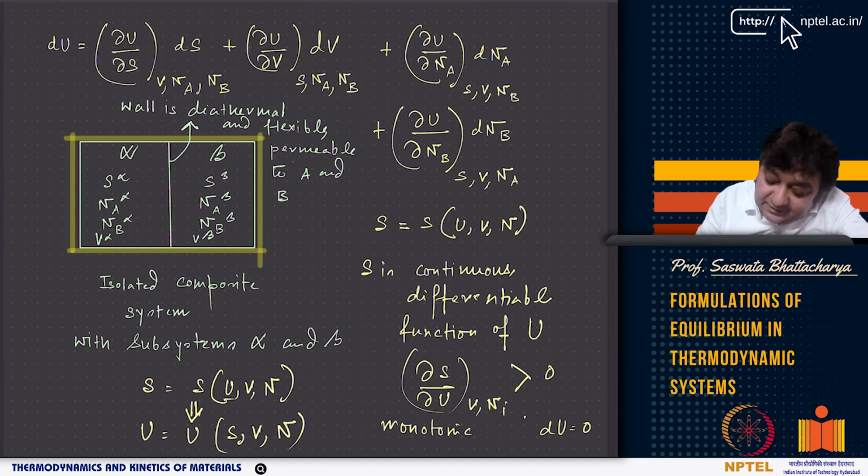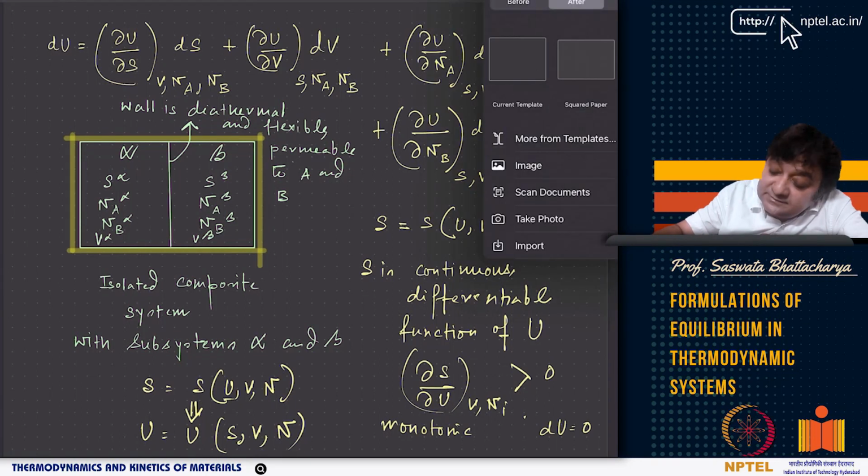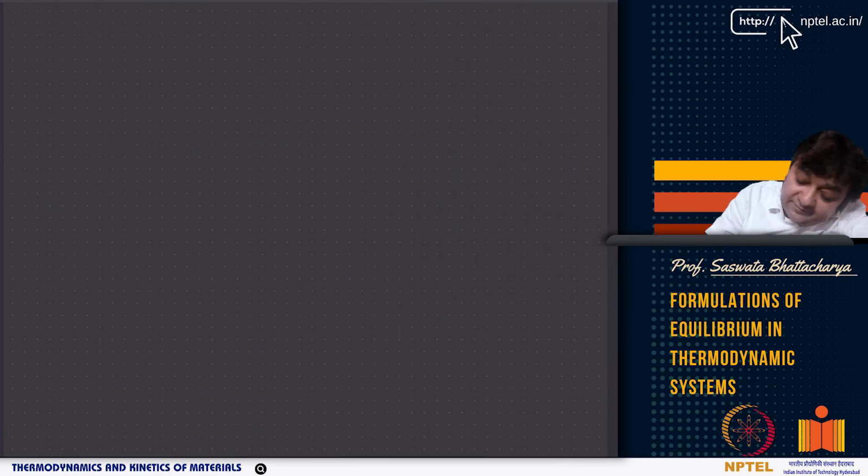And we are taking diathermal, flexible walls, permeable to A and B, and you have S alpha, S beta, Na alpha, Na beta, Nb alpha, Nb beta, and V alpha and V beta. Now if I look at the constraints, you have constraints which are like